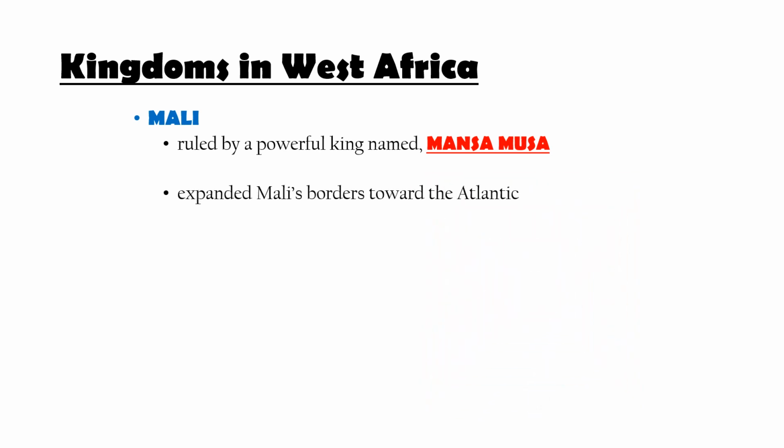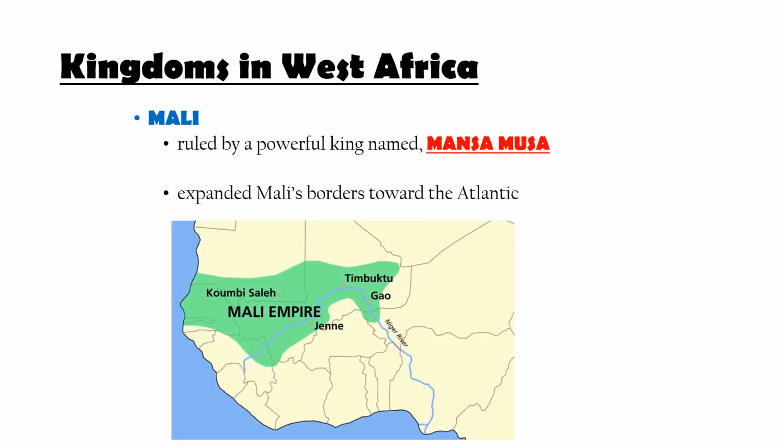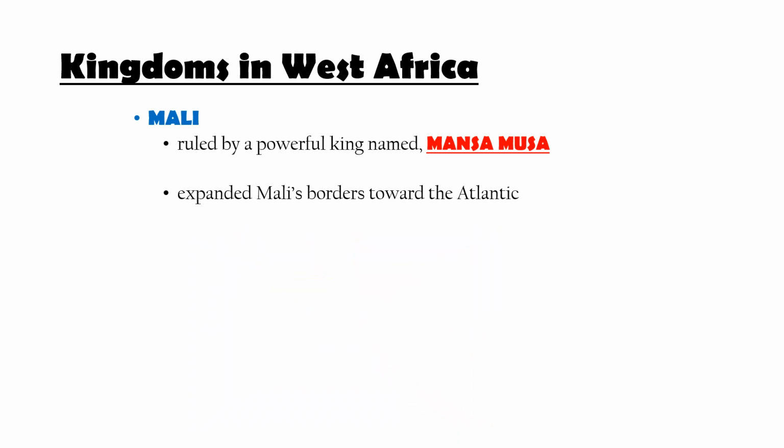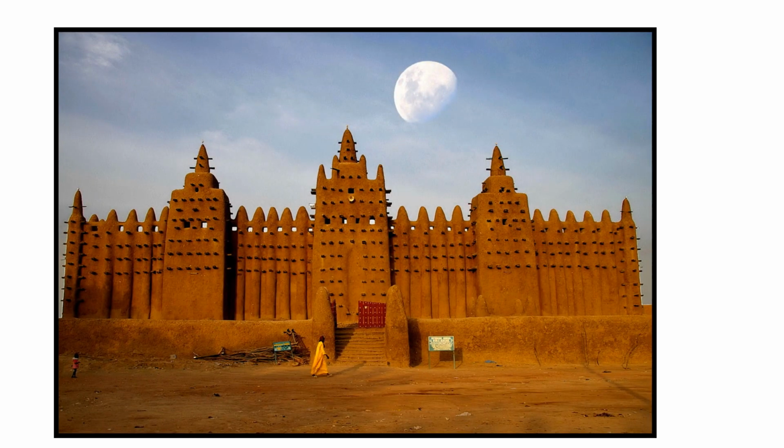So, very powerful and rich king of Mali also expands Mali's borders towards the Atlantic. This map highlights the extent of the Mali Empire. You may have heard in that little bit that Mansa Musa does build mosques. He's building mosques because he has converted to the religion of Islam. So he did build mosques throughout Mali. This mosque in particular is one he had built in the city of